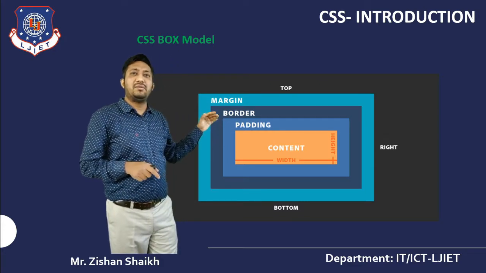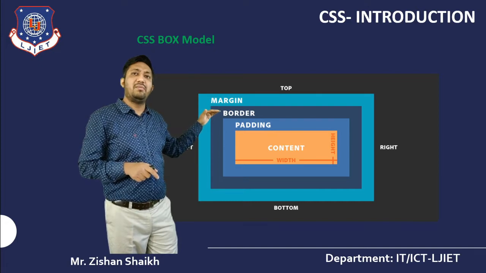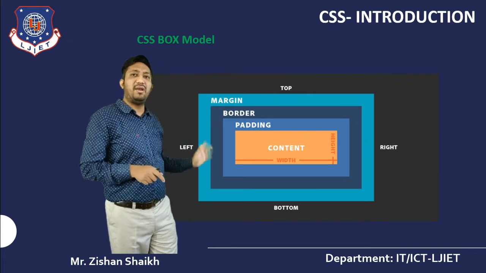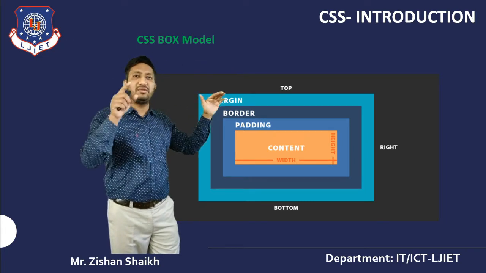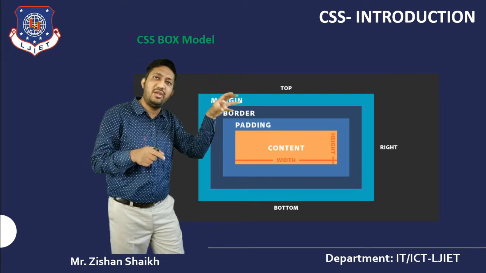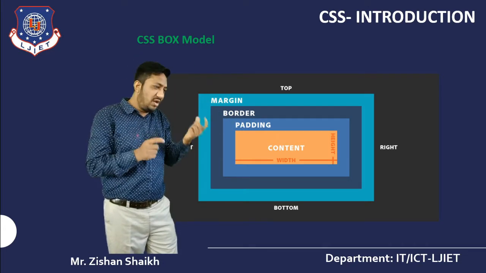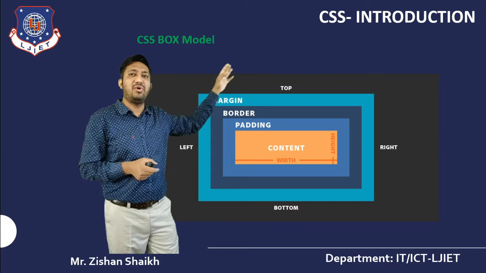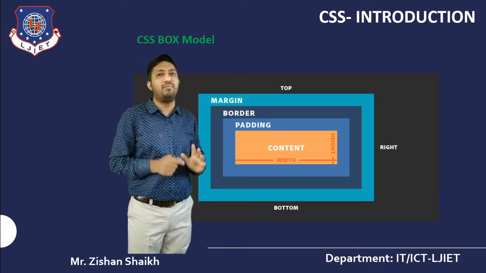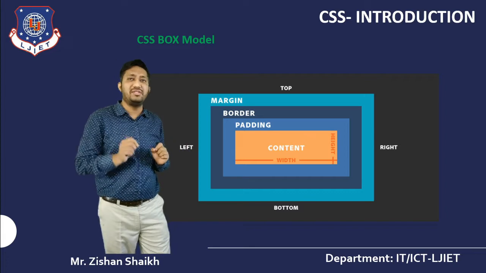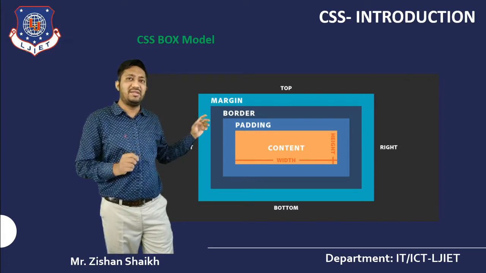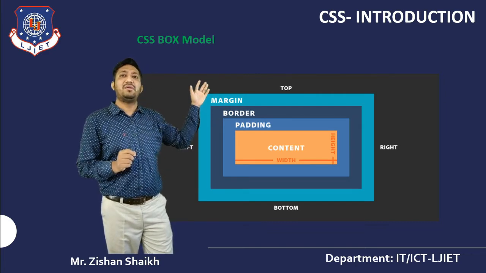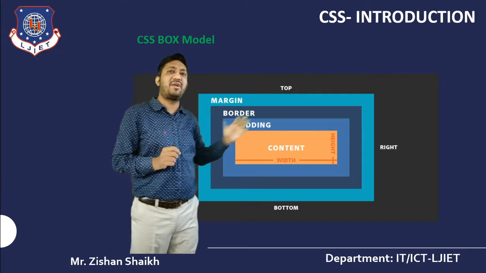Next, the margin is the particular space between your container and any of top, bottom, left, and right. That will be your context. From that you can put your container on your screen. So the particular space you want, the place where you want to put your content, your context will be top, left, right, and bottom. For that you have to maintain a margin. So that will be known as the margin. Margin is nothing but the space between your border and any context of top, left, right and bottom.